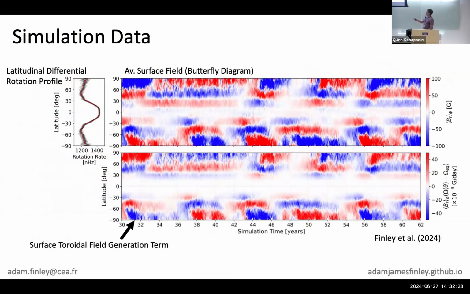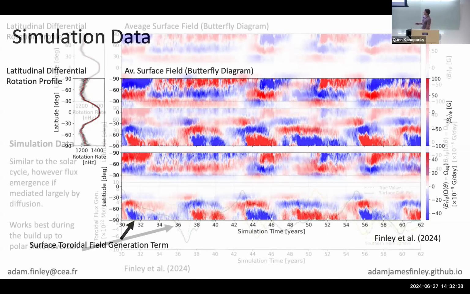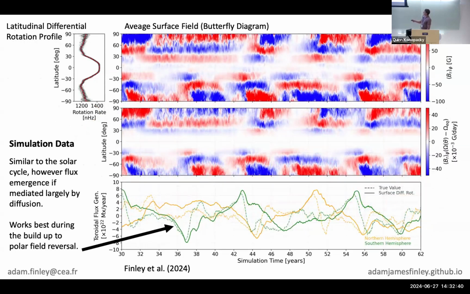And so here's our butterfly diagram of the radial magnetic field. Here's our differential rotation pattern at the surface. And so here's the thing that we're going to integrate in order to get our toroidal field generation. So let's focus on the solid green line. The solid green line is what you get from doing the process that I said before. We just sum up in each hemisphere what's happening versus time. That's what we get from our surface